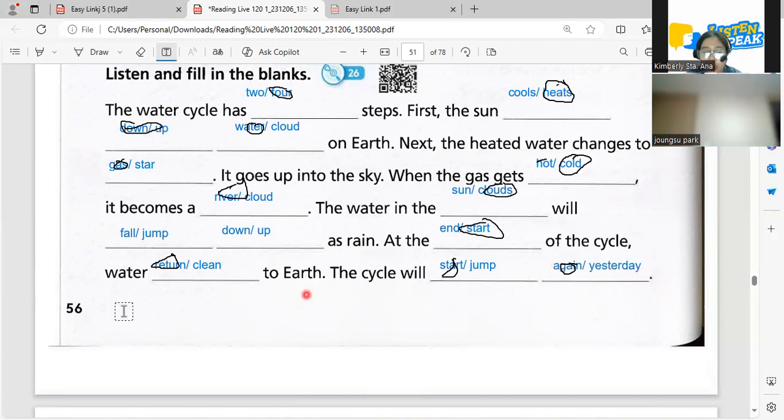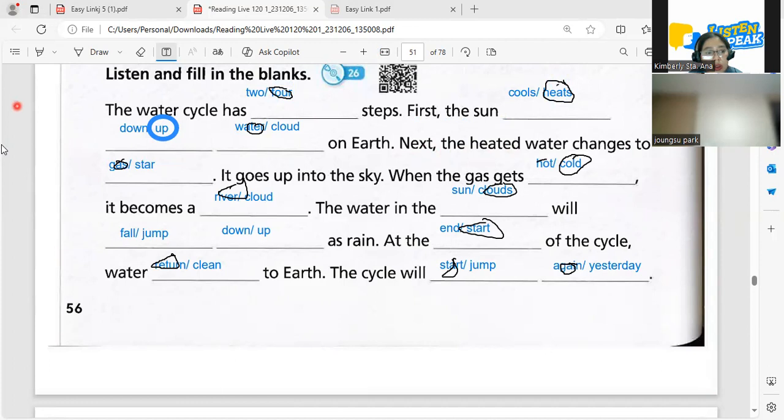Okay, so let's try to read your answers, okay? Let's read the water cycle. Can you help me? The water cycle has four steps. First, the sun heats up water on Earth. Next, the heated